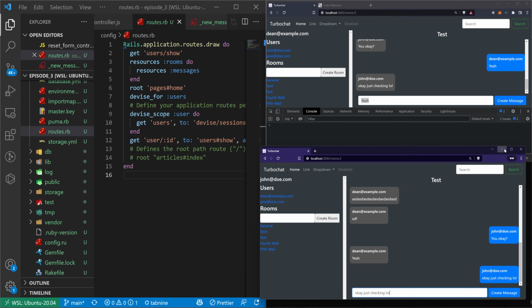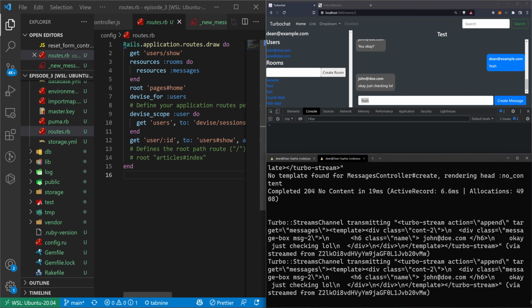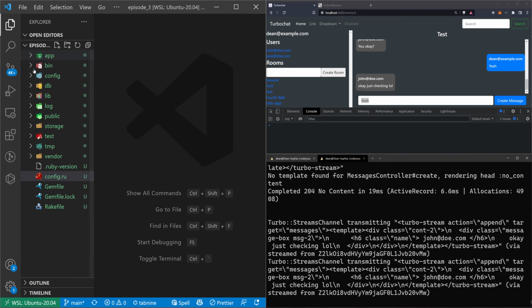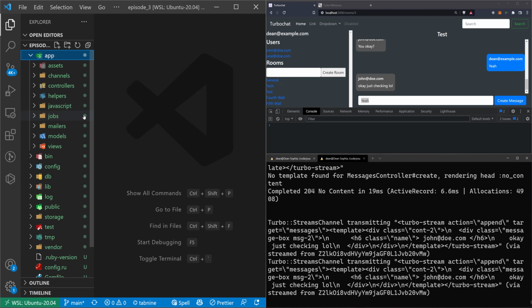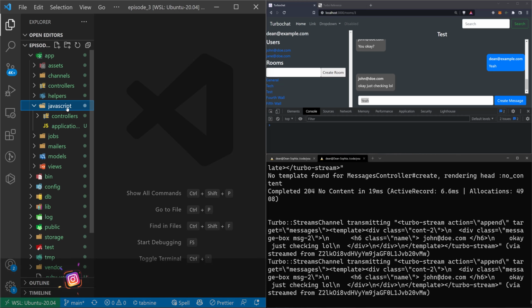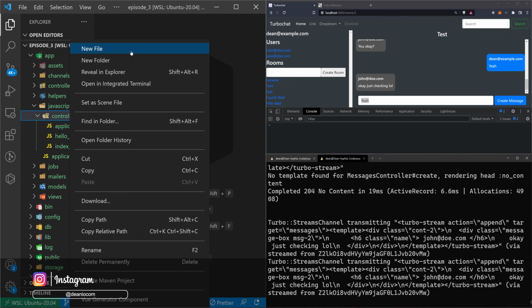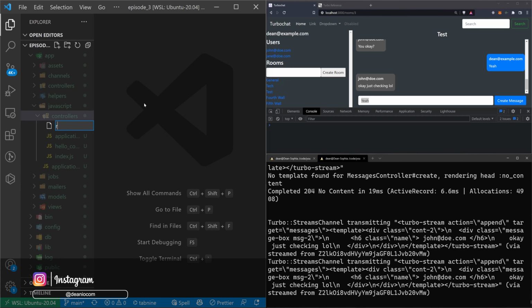I'll just leave this minimized, and I'll come over to the actual VS Code, close all this, and we can get started. The first thing we're going to want to do, I imagine, is start with resetting the forms, because that's actually the easiest piece of JavaScript. For this, we'll come into app, JavaScript, controllers, right click, new file, and we'll say reset_form_